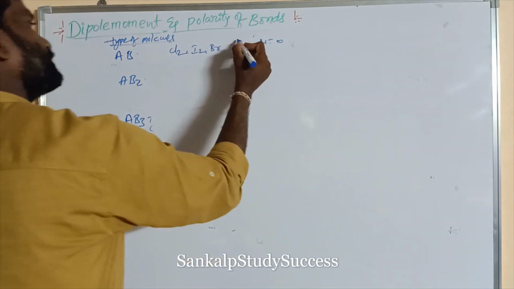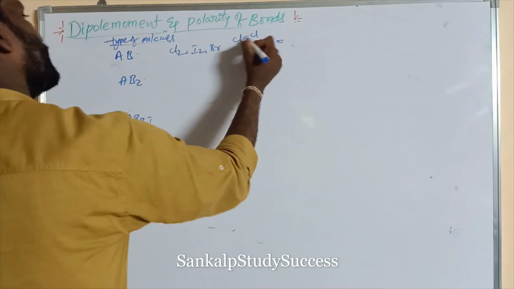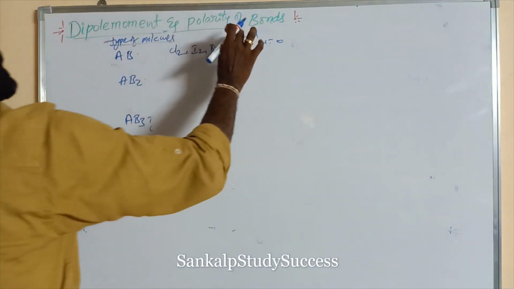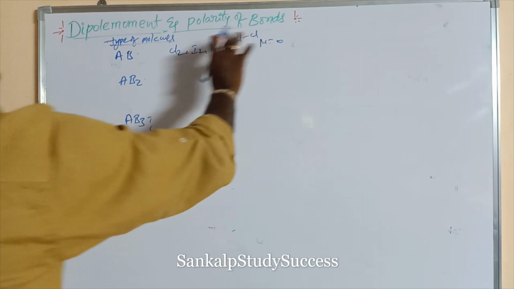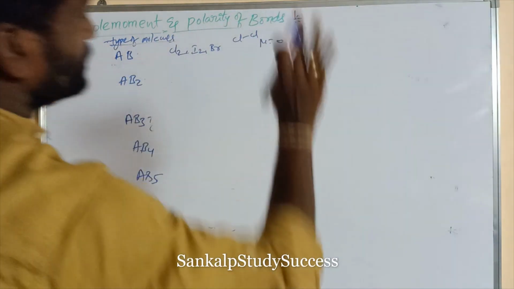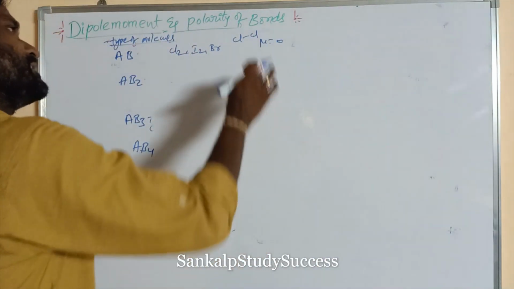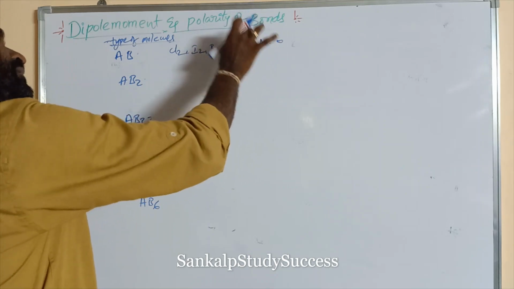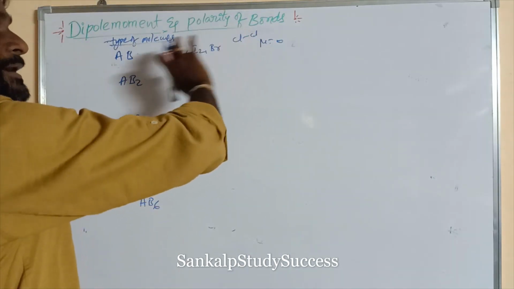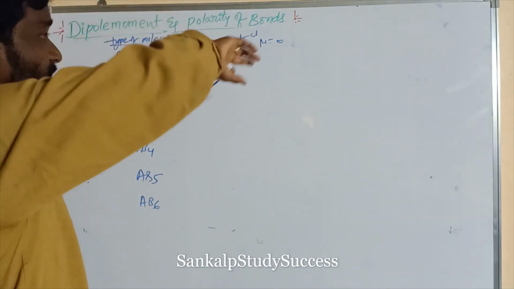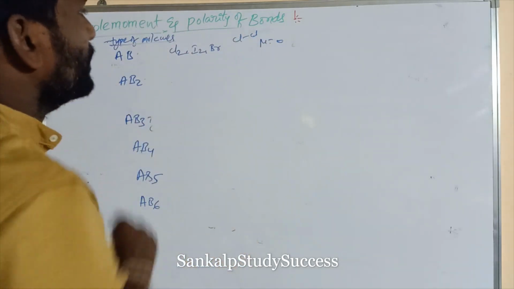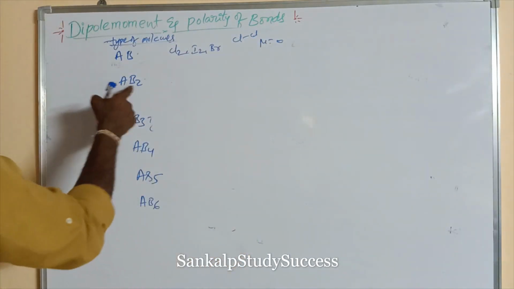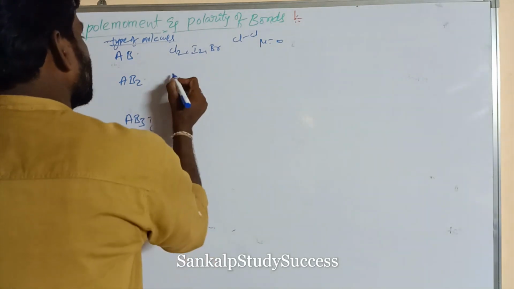Here the two chlorine atoms are joined by a pure covalent bond, so its dipole moment is 0. In this non-polar covalent bond, partial charges are offset. If the charge is 0, the dipole moment is 0. And now we go to AB2 type molecules like CO2,